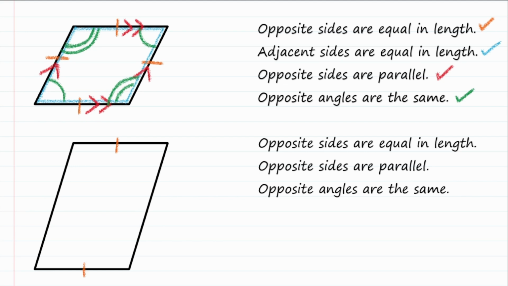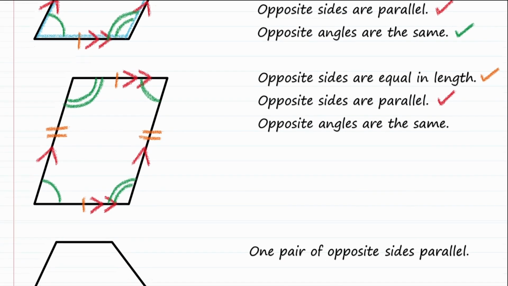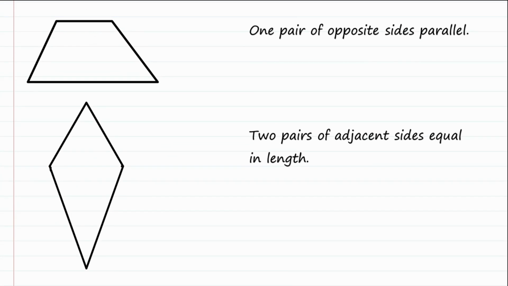In a parallelogram, I can see that the left and the right opposite sides are equal in length, and the top and the bottom opposite sides are equal in length. My left-hand side and my right-hand side are parallel to each other. The top and the bottom are parallel to each other. My bottom left angle is opposite my top right angle, and they are the same size. And the same can be said for the other two angles, which are also opposite each other, and they are also the same size. Now to do the same for the trapezium and the kite, pause the video and try